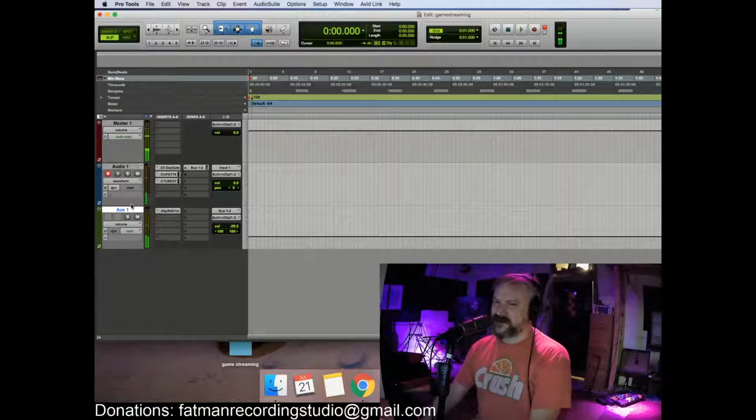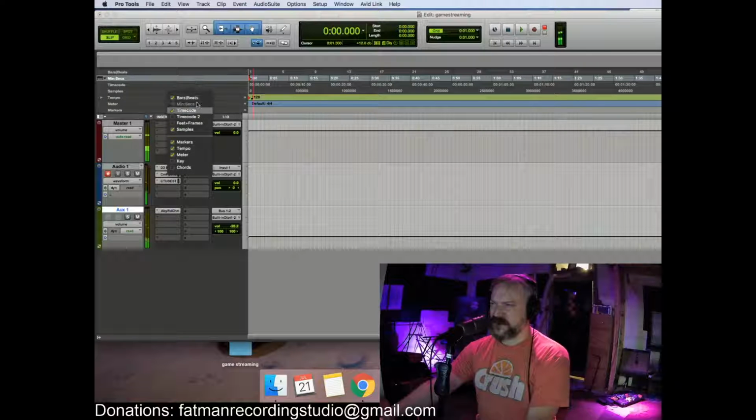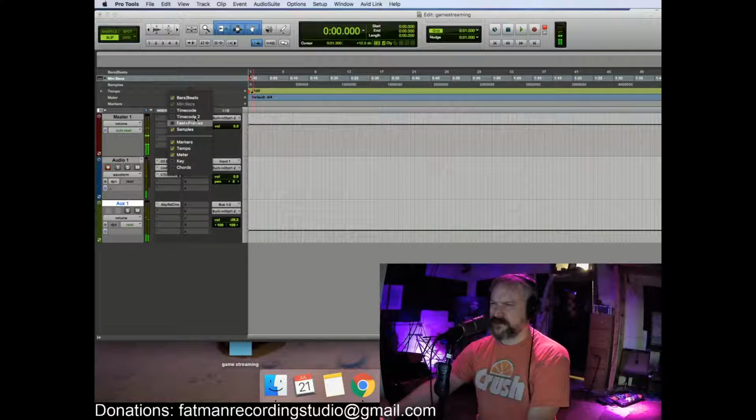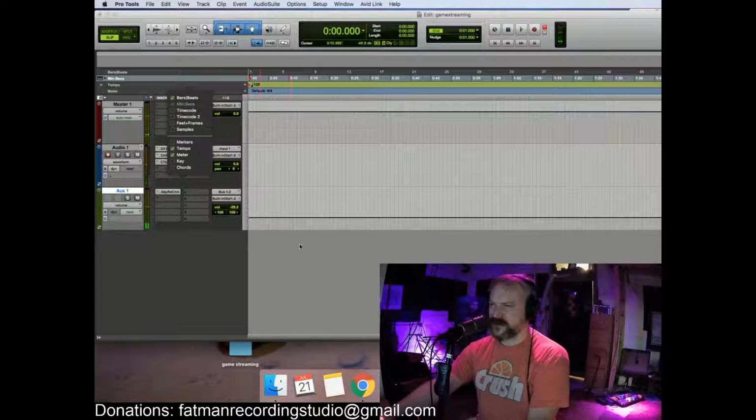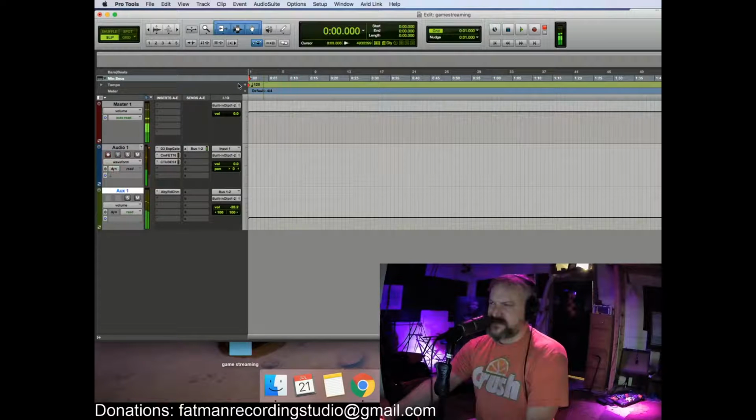I have also just loaded this up as the kind of default window into Pro Tools. Very quickly, kind of what I like to do is just go by bars and beats and minutes. I'm going to set that here for you so you can see just the bare minimum stuff here. I'm going to take out markers as well. So we just got these three here. That's going to become very important in a moment. So let me go